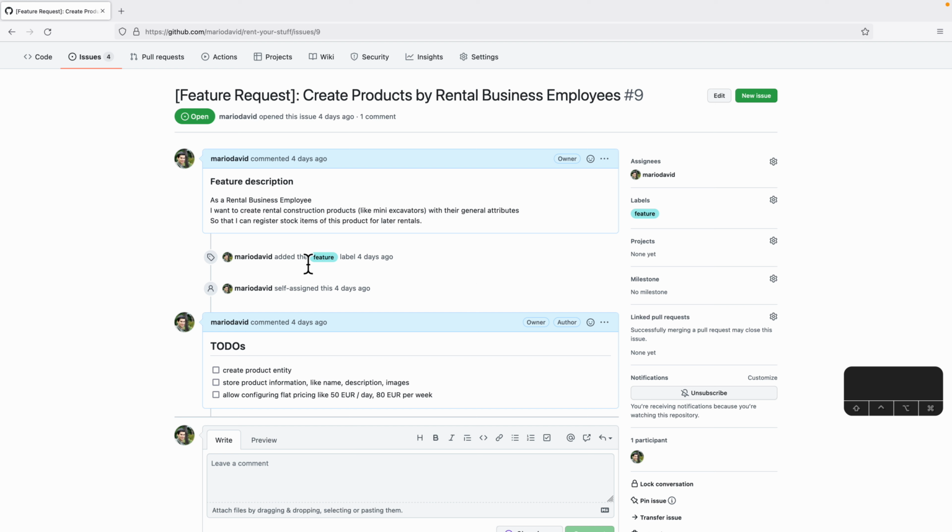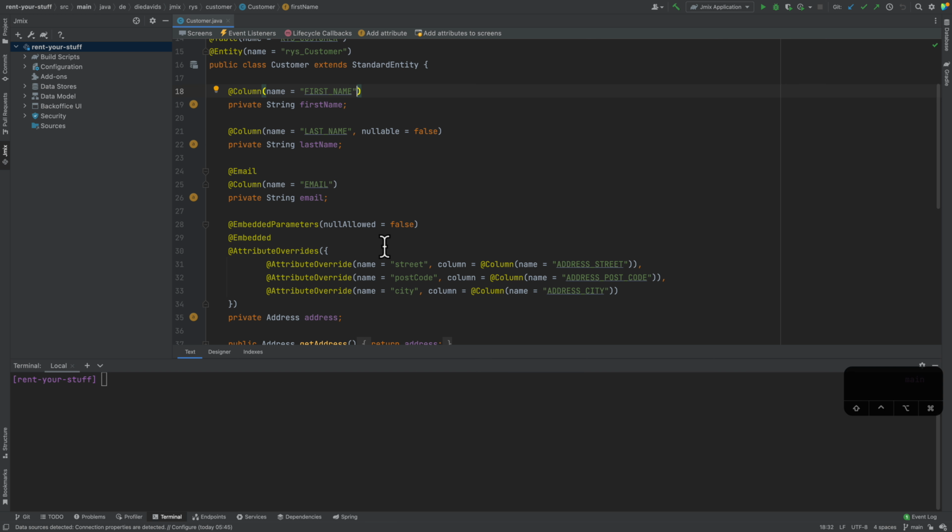So the feature description would go like this: as a real rental business employee, I want to create rental construction products, like mini excavators with their general attributes, so that I can register stock items of this product for later rentals. And the concrete to-dos here for us would be: create the product entity first, and then store the information about the product, like the name or description. And then we can also perhaps take a look into the pricing modeling. Okay, so